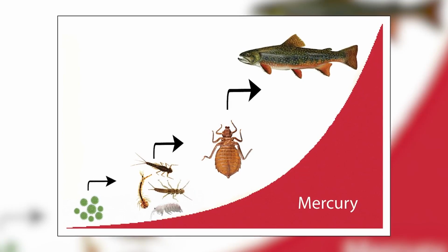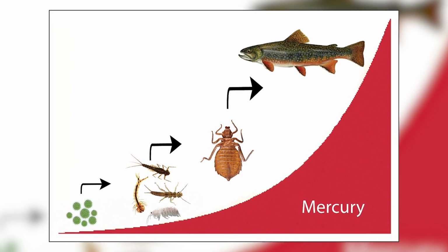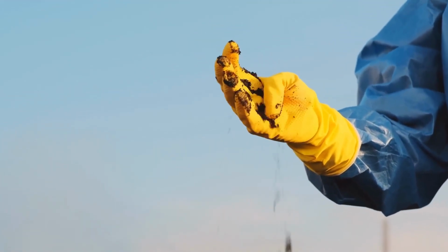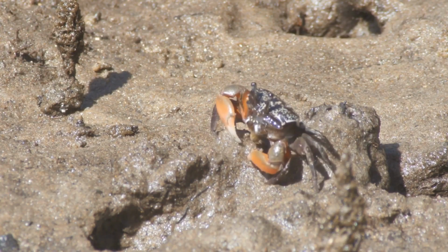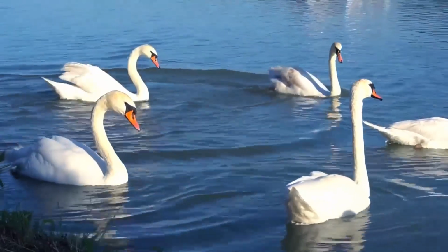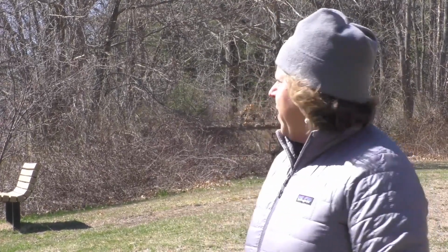So that contamination really left behind a legacy of pollution upstream with mercury, not in the water so much as in the sediments behind the Factory Pond Dam. And mercury, if you're not familiar with it, contaminates ecosystems by being bioaccumulated up the food chain. So things that live in the sediments, macroinvertebrates, are taking in some of that sediment with the mercury, and then a frog or a fish might eat that macroinvertebrate, and then a bird, and it accumulates more and more as they go up the food chain, and mercury, as you know, can be toxic. So that's a major concern for this watershed,